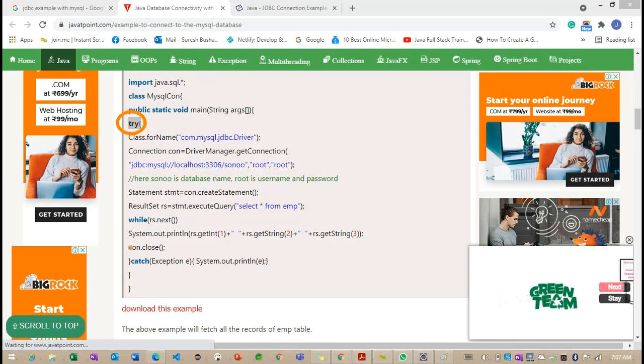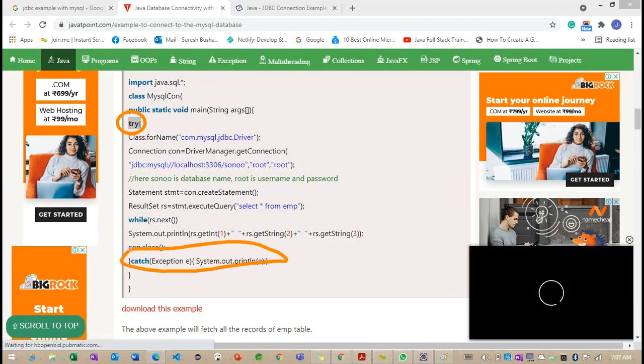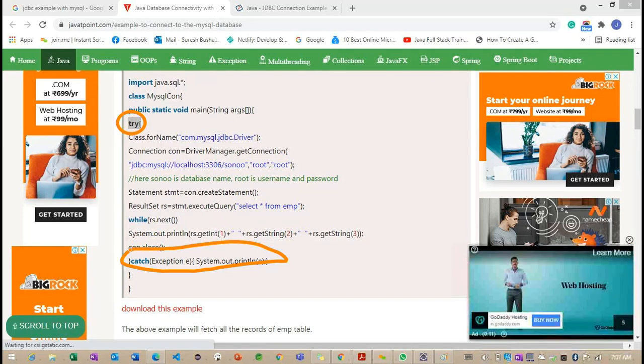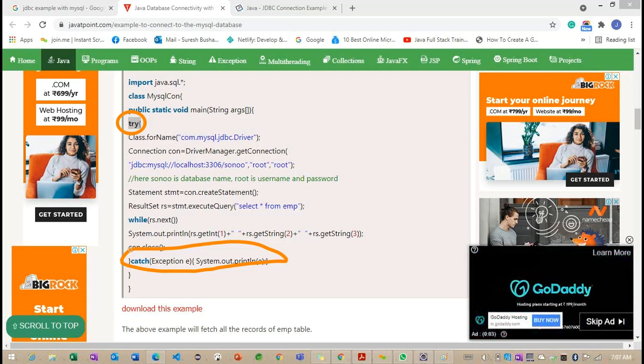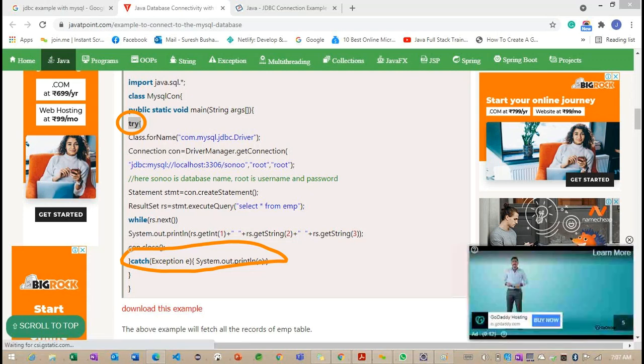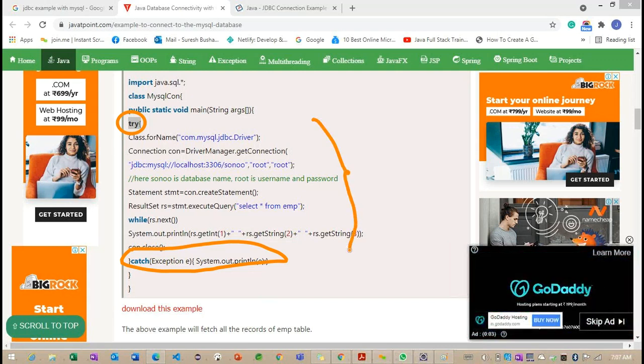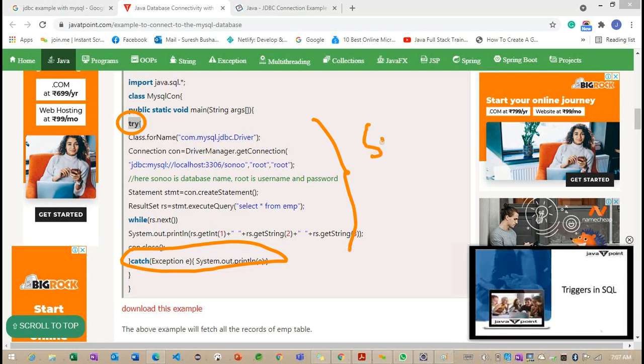They implemented one try block and one catch block here. I just want to know when we can go for this try and catch block, because we already discussed exception handling in the previous example. Basically, the problem is that the entire code we have here is going to throw checked exceptions. What checked exception is it going to throw? Something called SQL exception. Getting the point, SQL exception.